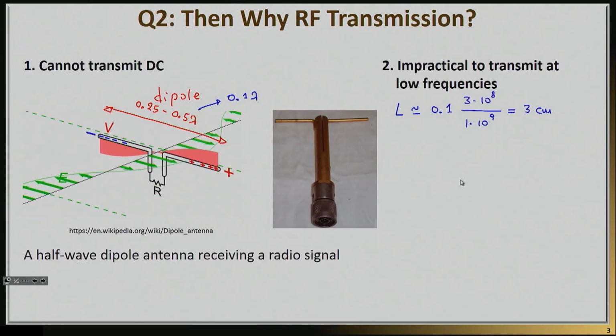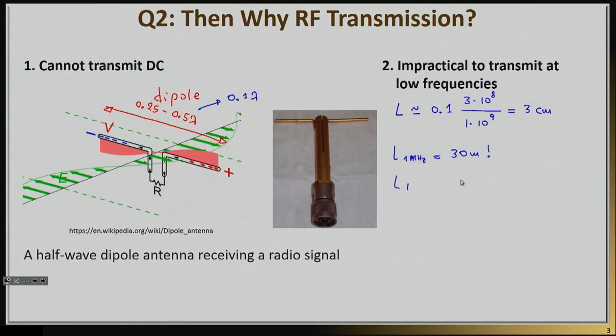But let's do the same calculation if you were to do this thing at baseband frequencies. So if we were to transmit, let's say, a 1 megahertz signal. If you actually do this calculation for 1 megahertz, you will find out that the answer here is an impressive 30 meters. Now that's becoming a little bit of an issue. Nobody really likes to carry a 30-meter antenna with them. And for voice, if you try to transmit 1 kilohertz, now we're talking. Basically, this guy becomes 30 kilometers.